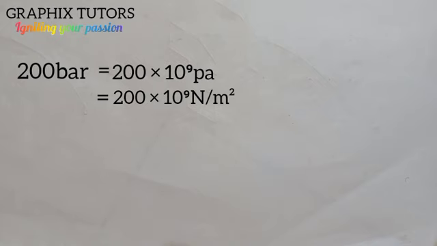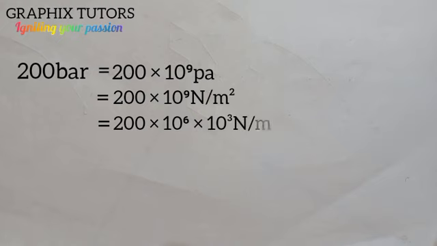So if I move further, I will use my law of indices. I will say that 200 times 10 raised to power 6 times 10 raised to power 3 Newton per meter square. Now if you look at this, I can still write it as saying